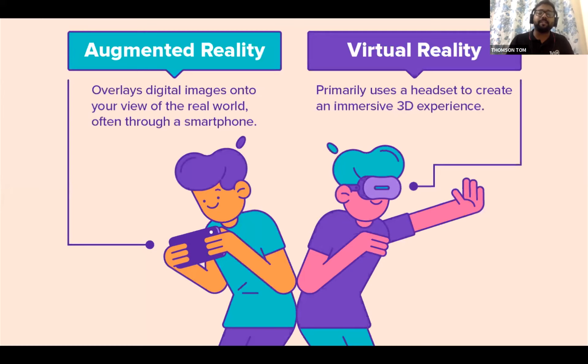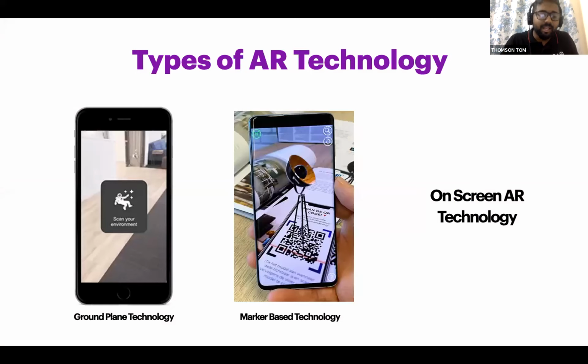So the basic difference is in augmented reality, we bring virtual objects to the real world. In virtual reality, we travel ourselves to the virtual world. For example, if I'm putting the Taj Mahal, I can see the Taj Mahal sitting like here. I can watch like this. I can move around the Taj Mahal. All these things are possible. Okay. Now, what are the types of AR technology that are available?